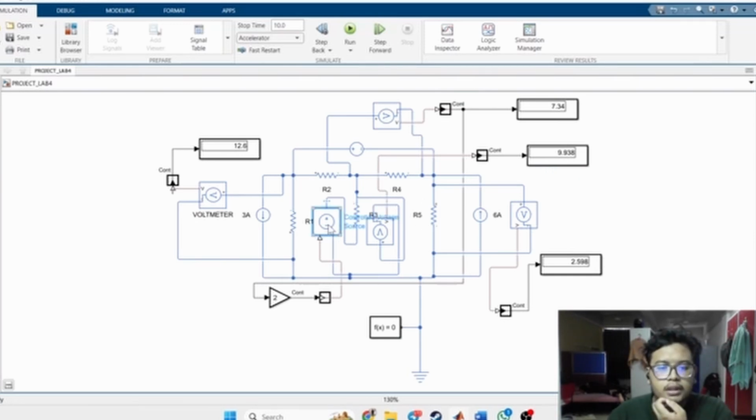So I use a current-controlled voltage source and use gain 2 so that I can get equation 2 multiplied with VA. The value of VA is from the R4. Okay, this is my value from the simulation.